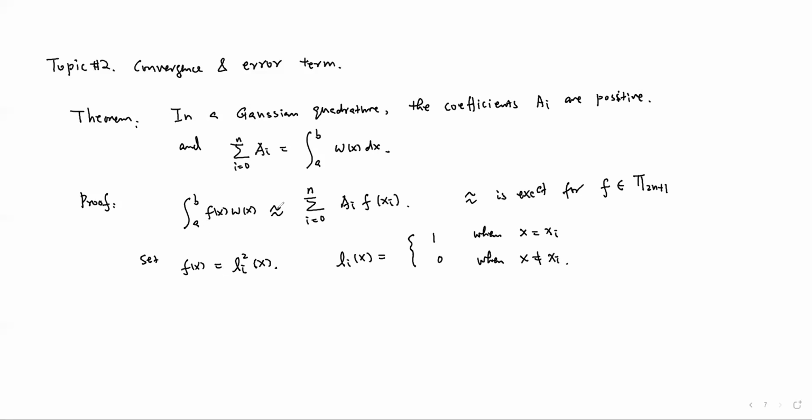Now, in Gaussian quadrature, I plug this in. Li has degree n, so Li square has degree 2n. So the approximation is an equation. Plug in Li square here. Then we get the integral from a to b of Li square times w equals summation i from 0 to n a_i